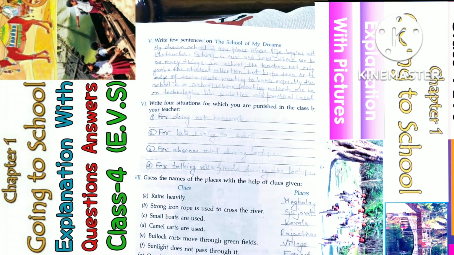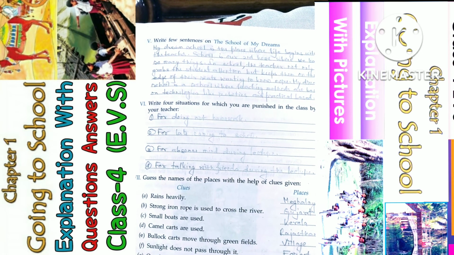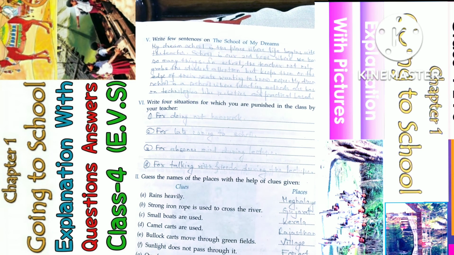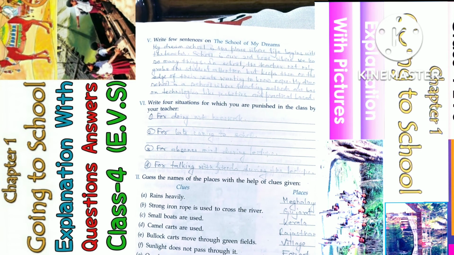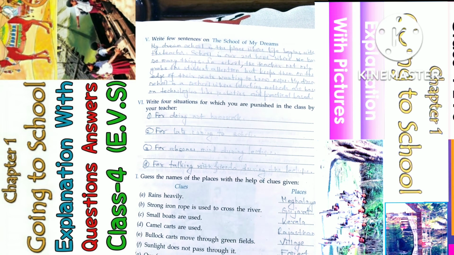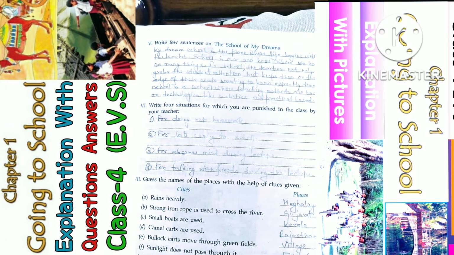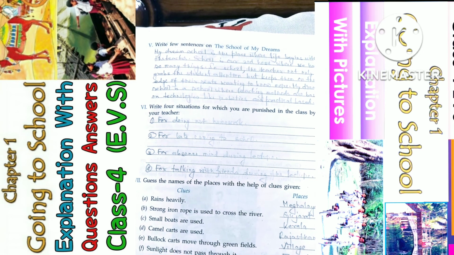नंबर 7, गेस द नेम्स ऑफ प्लेस विद द हेल्प ऑफ क्लूज गिवन. ए रेन्स हेवीली कहाँ पे होता है? मेघालय, M-E-G-H-L-A-Y, मेघालय में बहुत सारे रेन्स होता है। स्ट्रॉन्ग आयरन रोप इज यूज टू क्रॉस द रिवर, स्ट्रॉन्ग आयरन रोप यूज करते हैं क्रॉस करने के लिए रिवर, गुजरात। सी स्मॉल बोट्स आर यूज्ड, केरला, वल्लम। कैमल car is used,